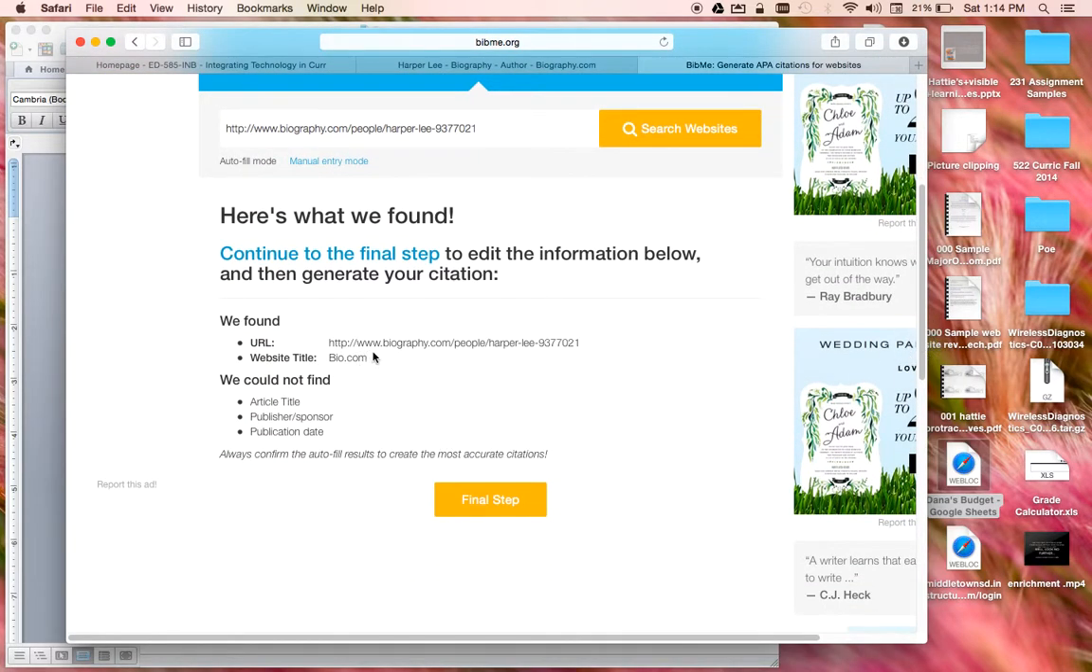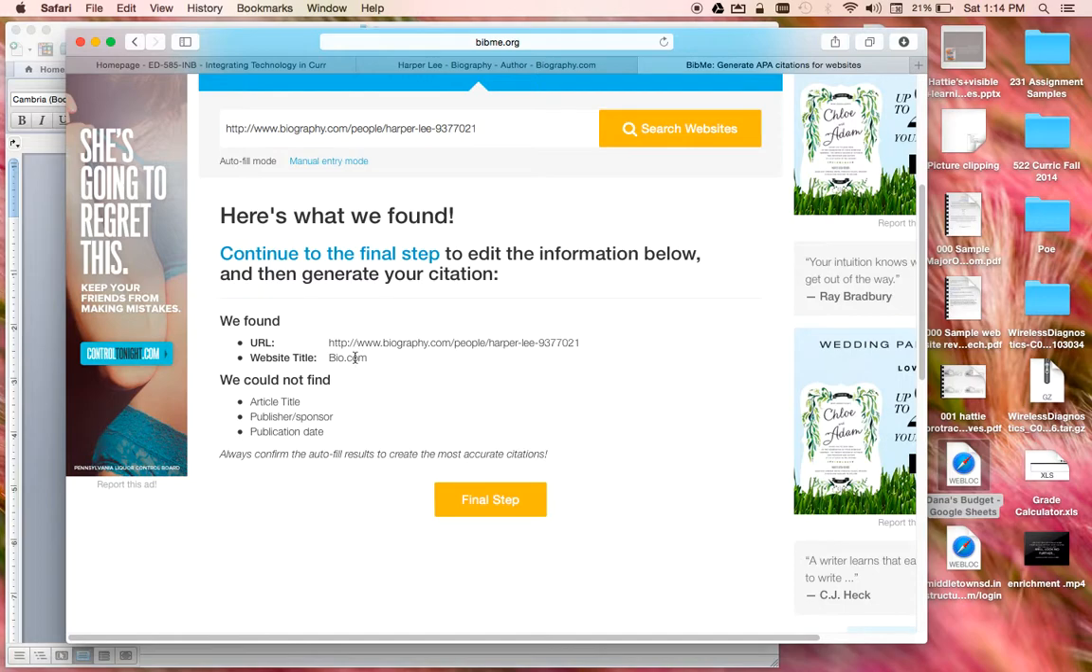It'll show you that it found the website or the URL, the title, and it'll show you what it doesn't find. It doesn't show an article title, it doesn't show a publisher or a date. And that's okay. Sometimes if you use a website, you're not going to have all the information that you need. So then you click on Final Step,